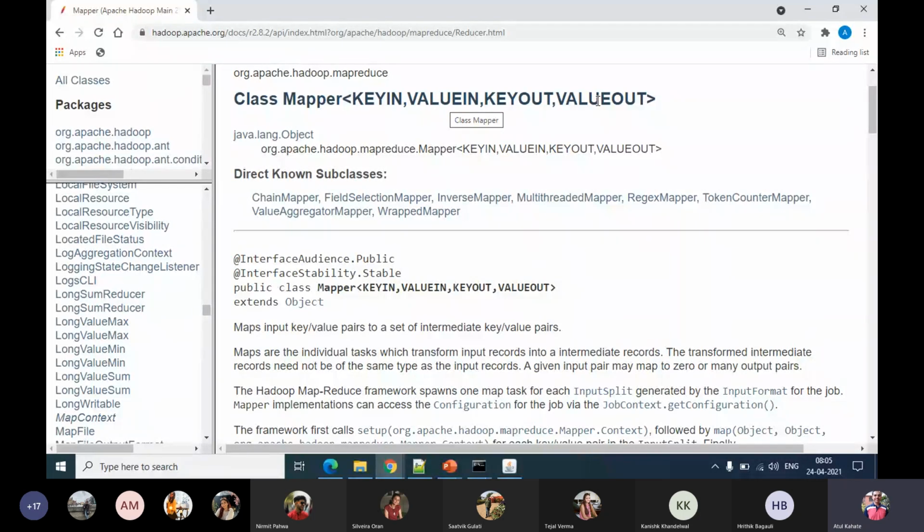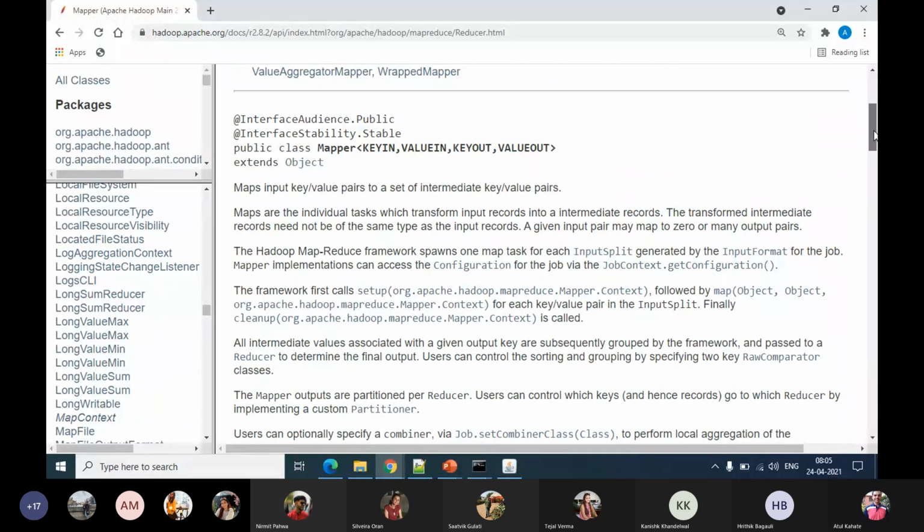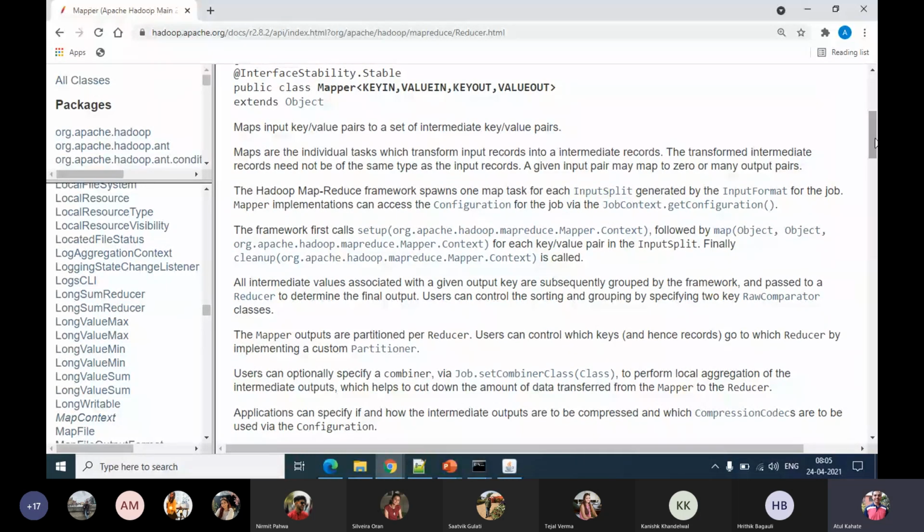So effectively, the mapper class says I'll deal with the key input and key output, and the value input and the value output. How does that exactly work? Let's see. It maps the input key value pairs to a set of intermediate key value pairs.